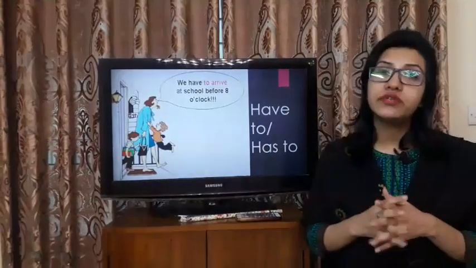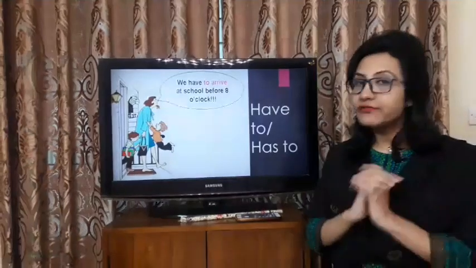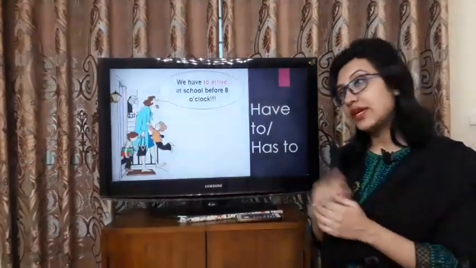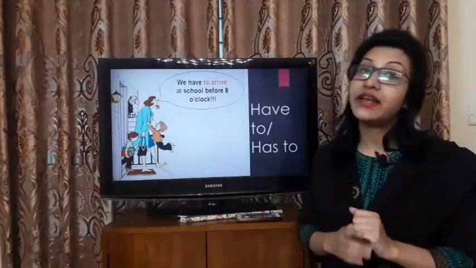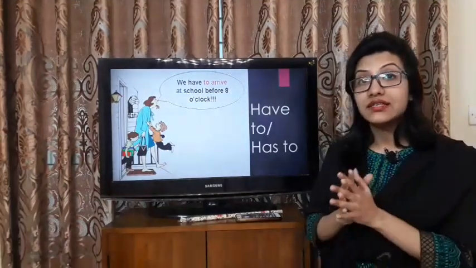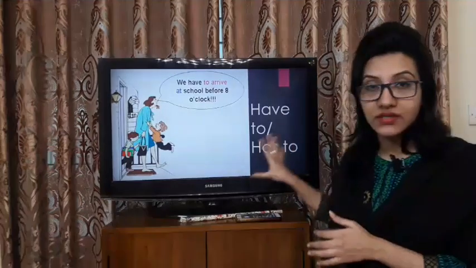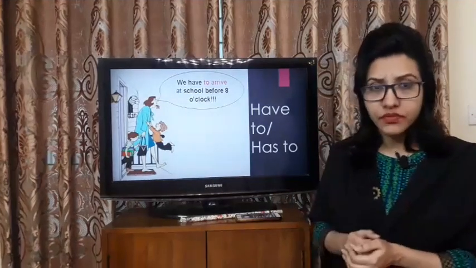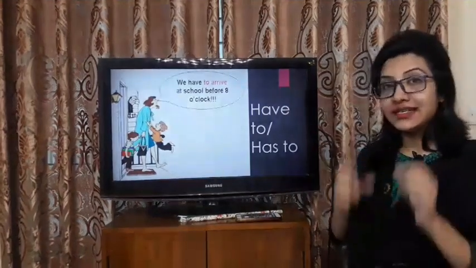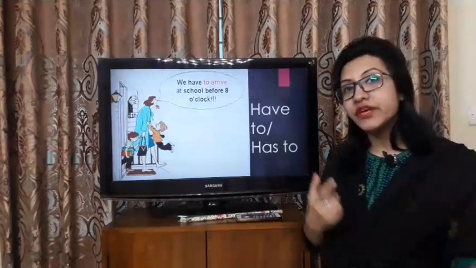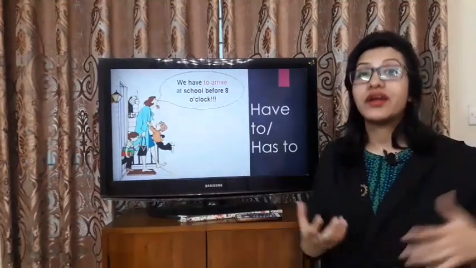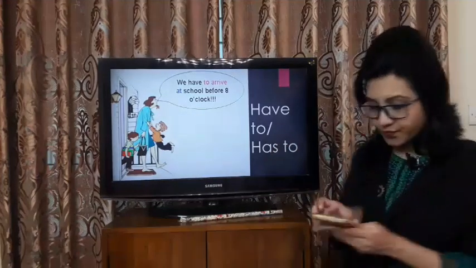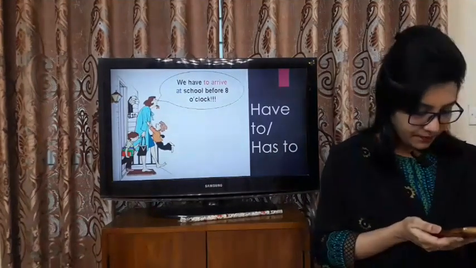So where do we use have to or has to? When we use have to, if I understand the meaning, the mother is saying that we have to arrive before 8 o'clock, it means this is a rule. This is something that she has to follow. This is kind of a rule. This is an obligation. So if you see that the meaning of the sentence is referring to an obligation or a kind of rule, then we are going to use have to or has to. For example,